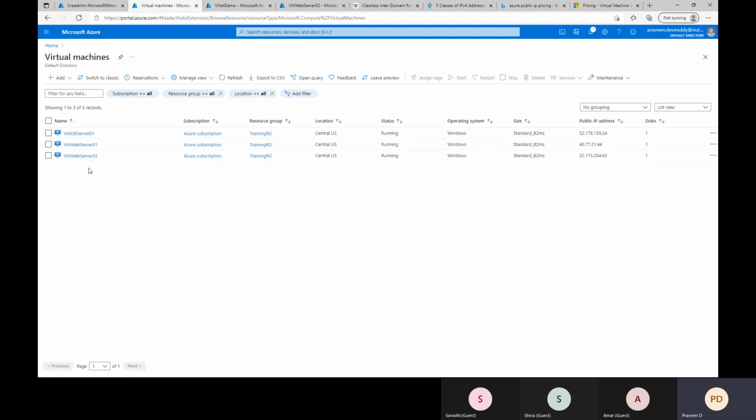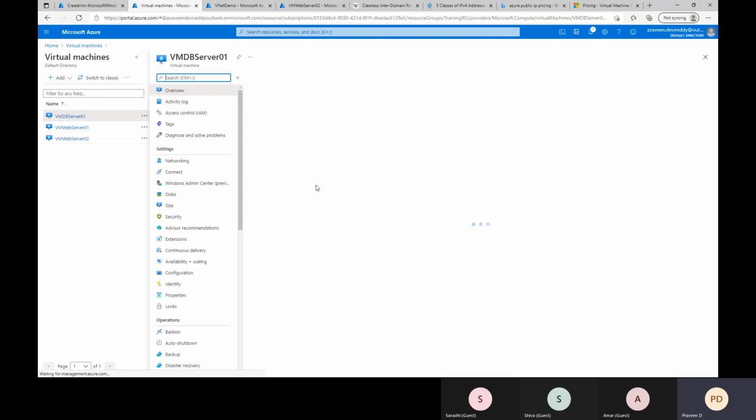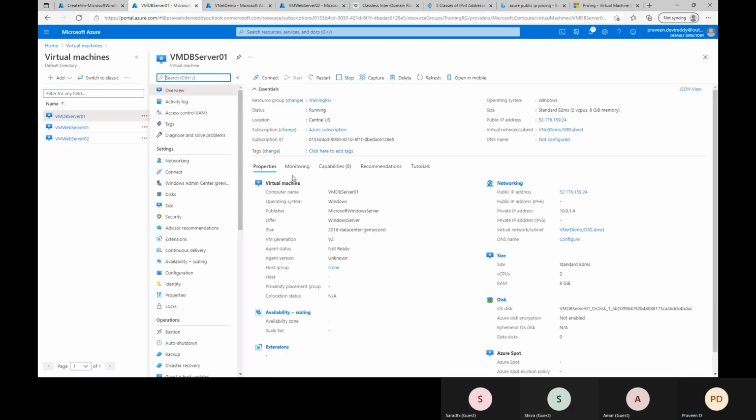It got created. Now I'll open DB web server 01. Now if you see, again it has taken .4, and the CIDR notation is following the same as the DB subnet: 10.0.1.4.